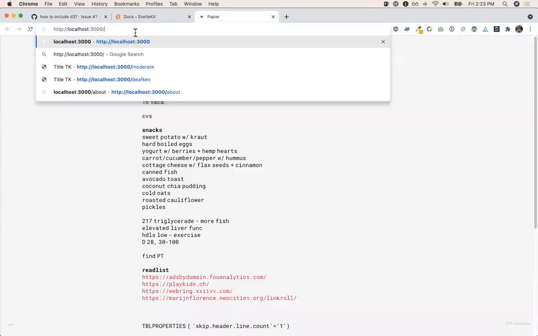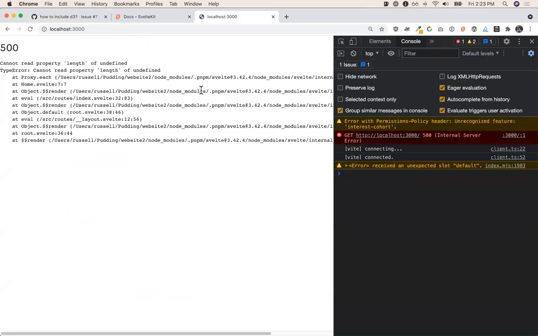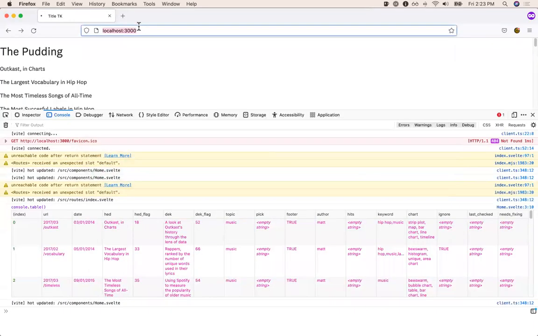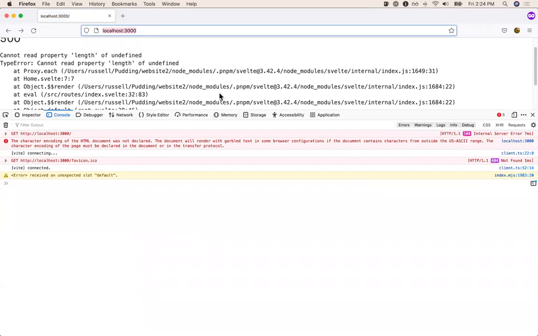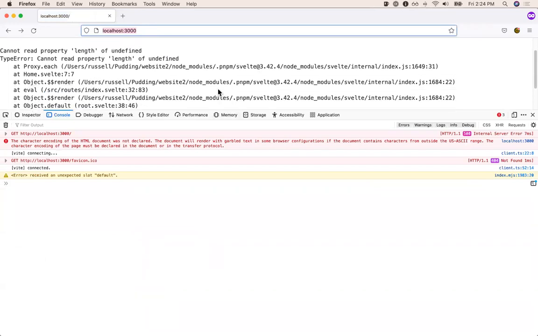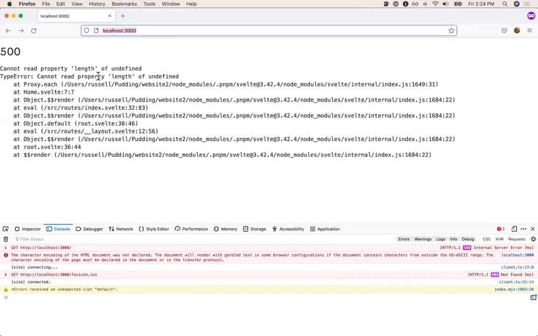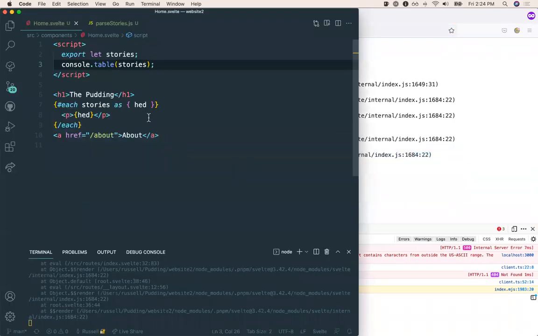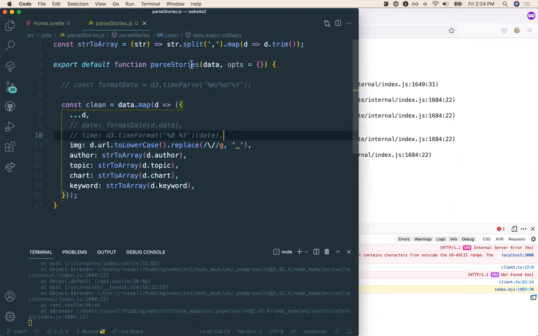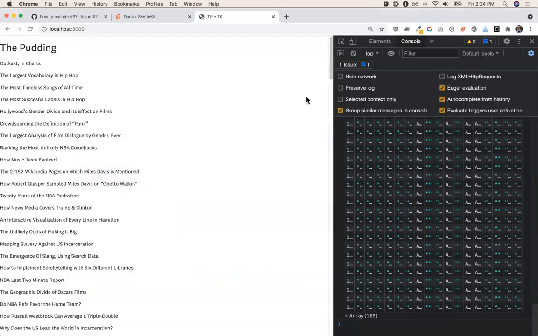So in Chrome, why are you not happy in Chrome? That's interesting. Oh, it's just not happy anywhere. That's fair. I don't know what I changed. What did I change? I know what we did. We never returned the data. Return clean. Fantastic. Okay, so in Chrome,